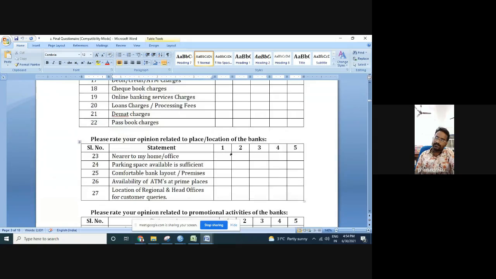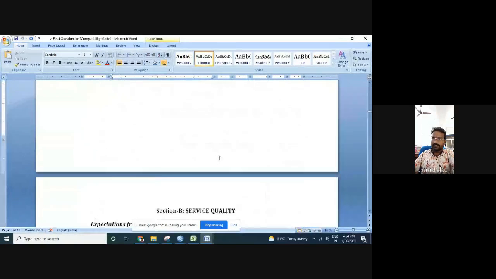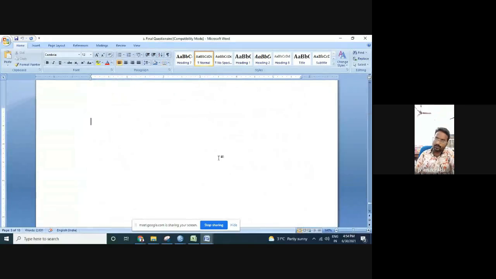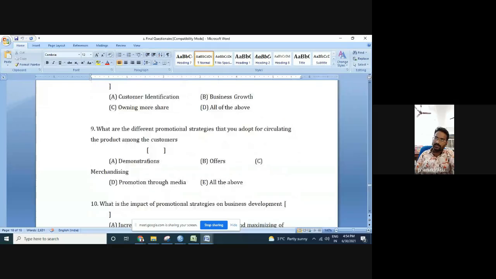In this way, we can also rate this. You can prepare a Google form on this, and the people will rate the services there. As you are making the Google form, the customer responses can be identified. And if you want to make it a theoretical form, you can use yes or no and all these things.